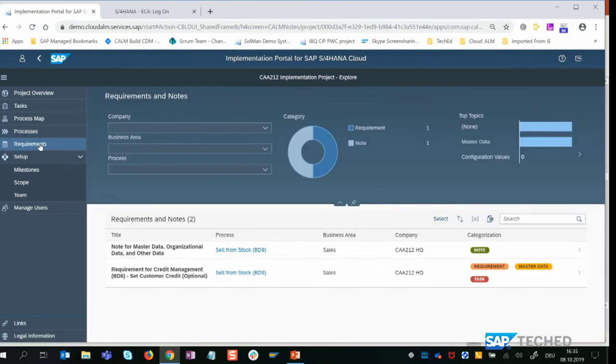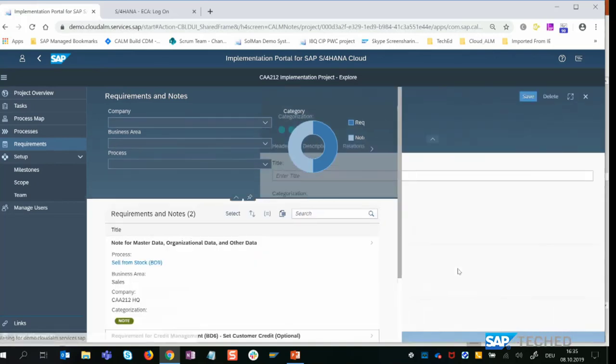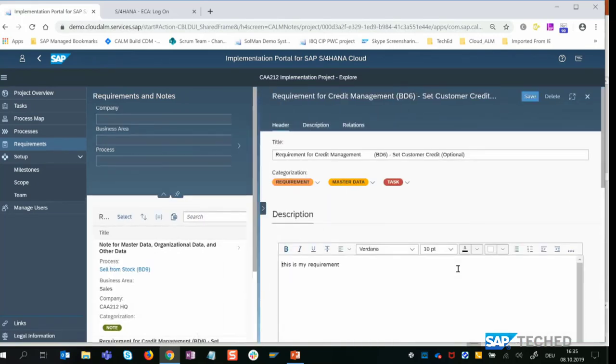So you might want to take a look into the list of all the requirements that have been collected in the explore phase. We see here that my note is in the list and my requirement. You can now do some editing in case there needs to be some adaptations or specification of this requirement. It's still editable.